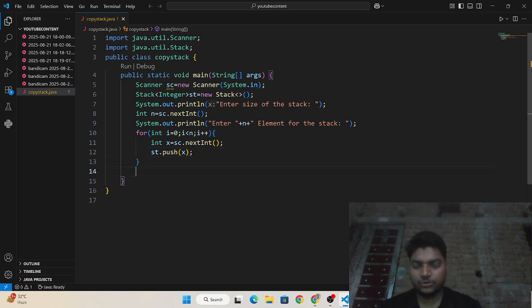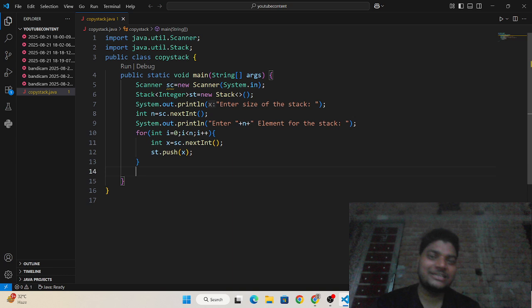Now you need to make another stack with the names temp and rt, because it works on the LIFO principle, that is last in first out.